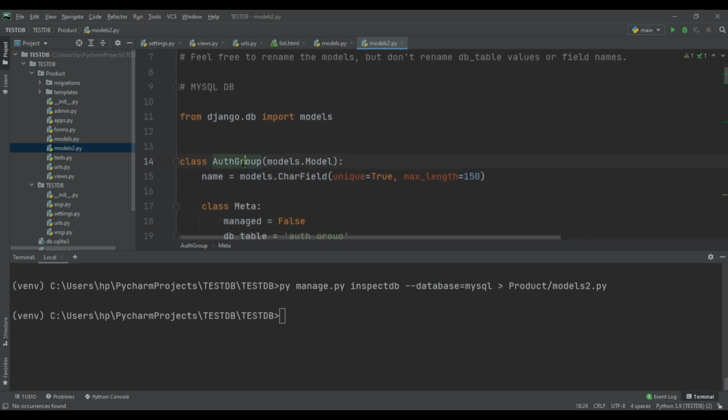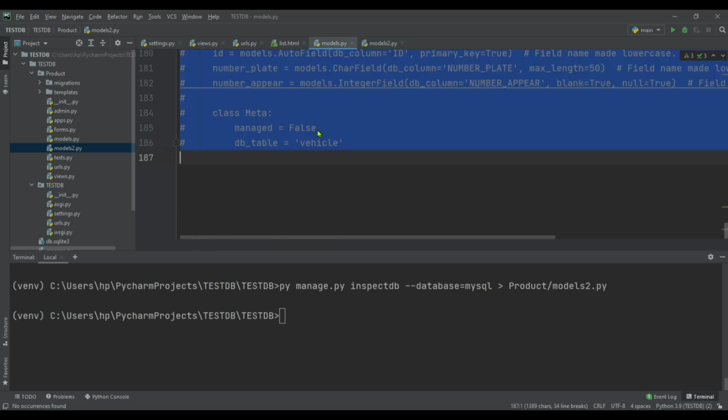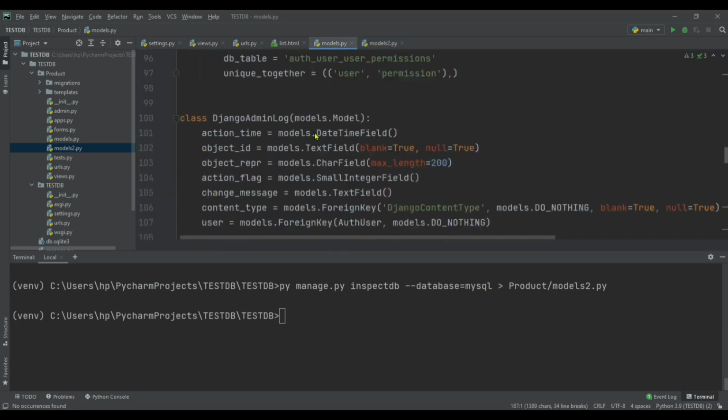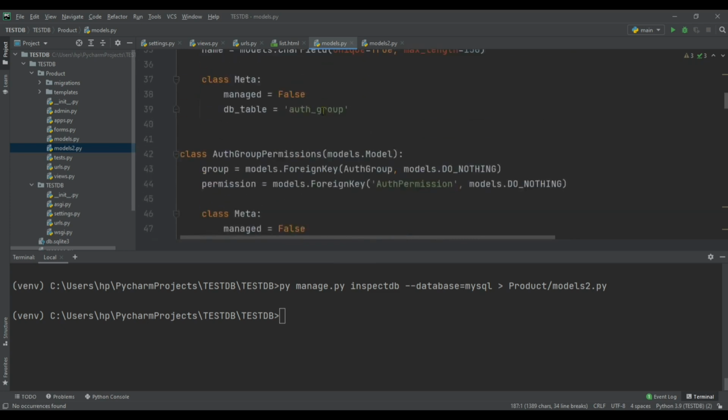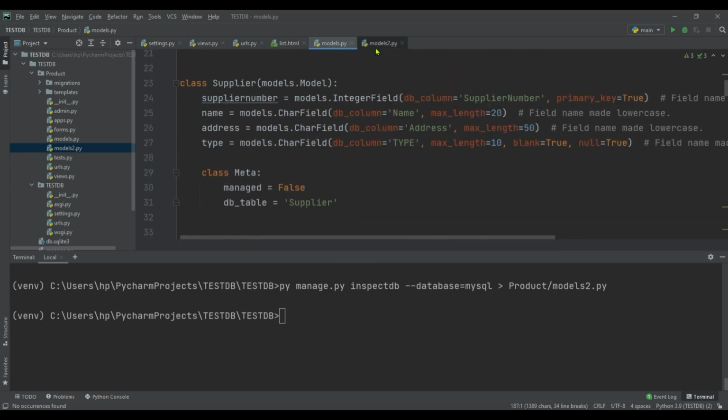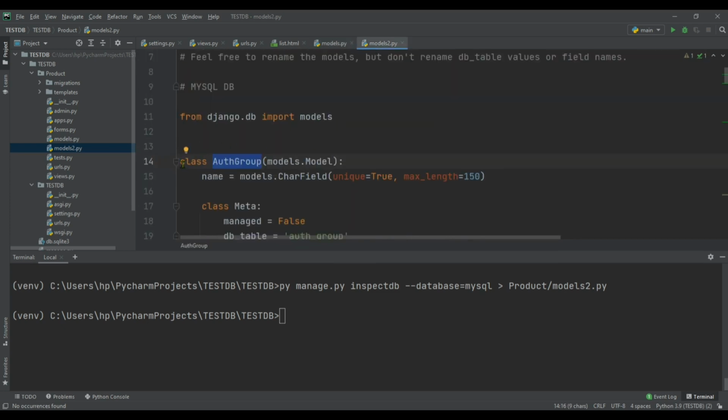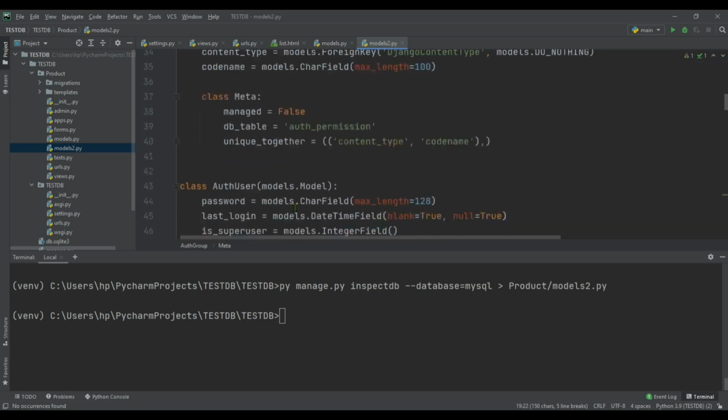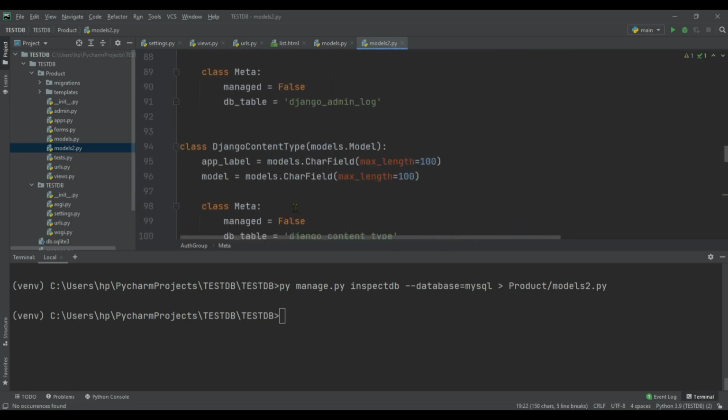We cannot give duplicate class names. So here inside models2.py file auth group is available, which is available inside this models.py file. So remove the duplicate class names. So I am removing all the duplicate class names.